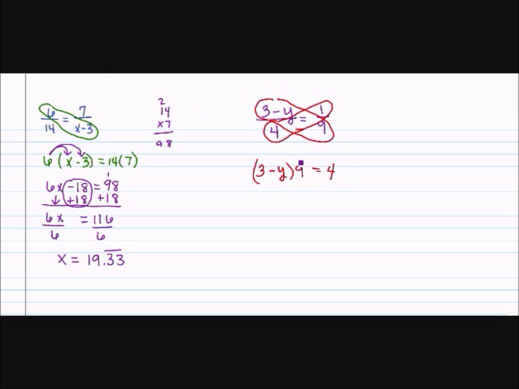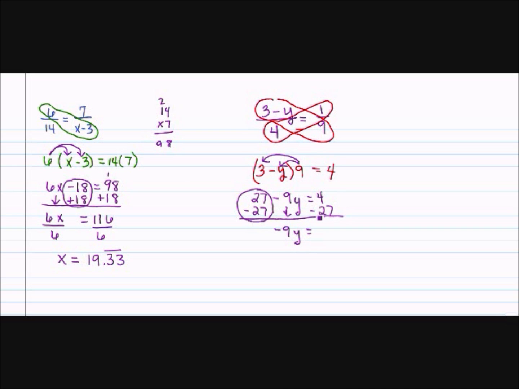Now I'm going to apply the distributive property. 9 times 3 is 27 minus 9 times y is 9y equals 4. Move my numbers over to the other side. The opposite of positive 27 is a negative 27. That creates a big fat 0. I bring down my negative 9y